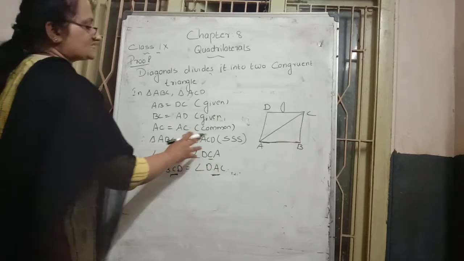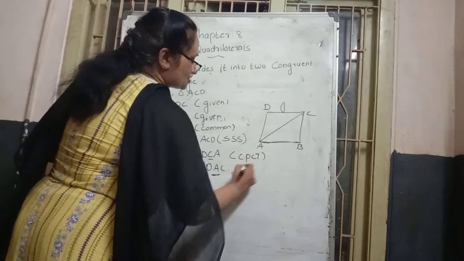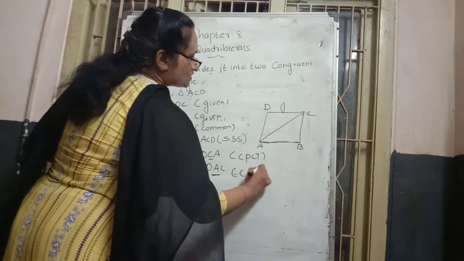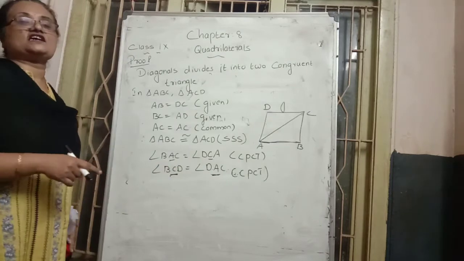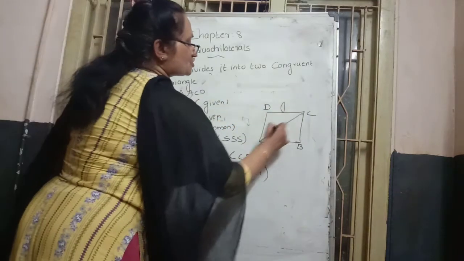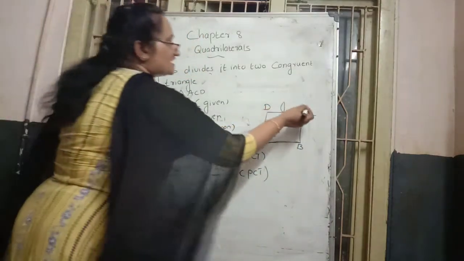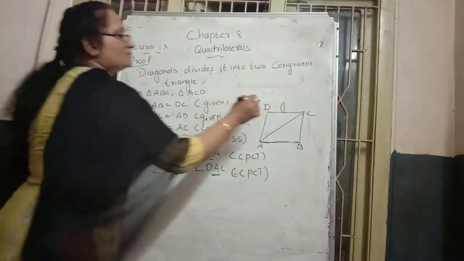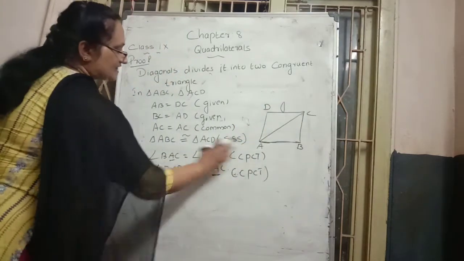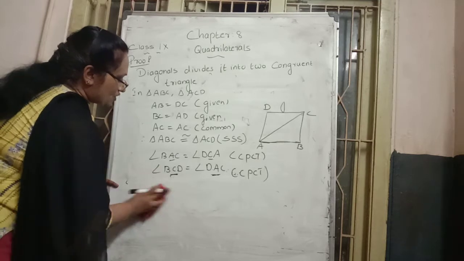Then what can we say? How to prove this angle? By using CPCT we can say it this way. But actually these are pairs of alternate angles. See, make a Z shape. Why? Because AB and DC are parallel, and they are cut by a transversal line AC. They make alternate angles. These are the pairs of alternate